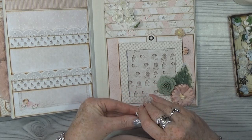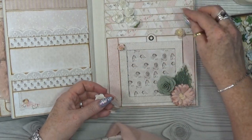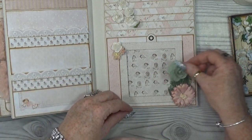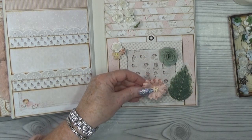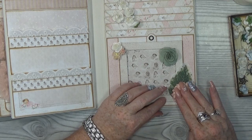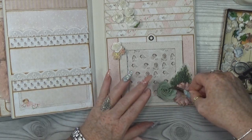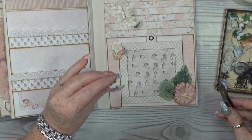Alright, so if we add the same little bouquet that we did on the front, that would be something like this. And then, no, this is definitely going to be on the corner. And this nice green one. Right here, and then I can use